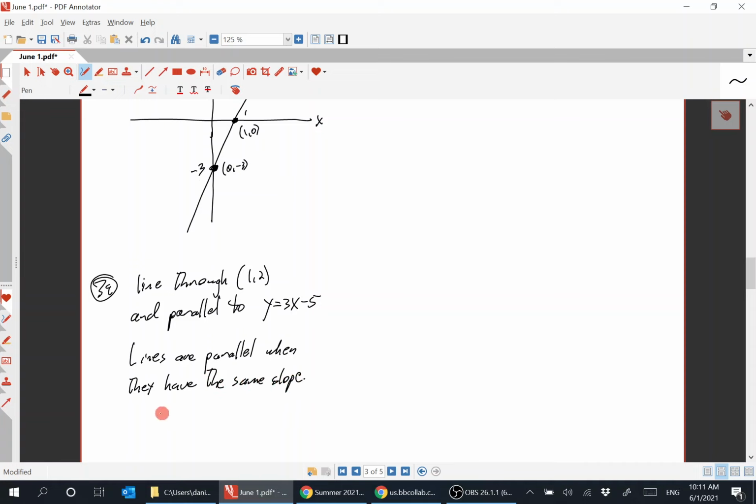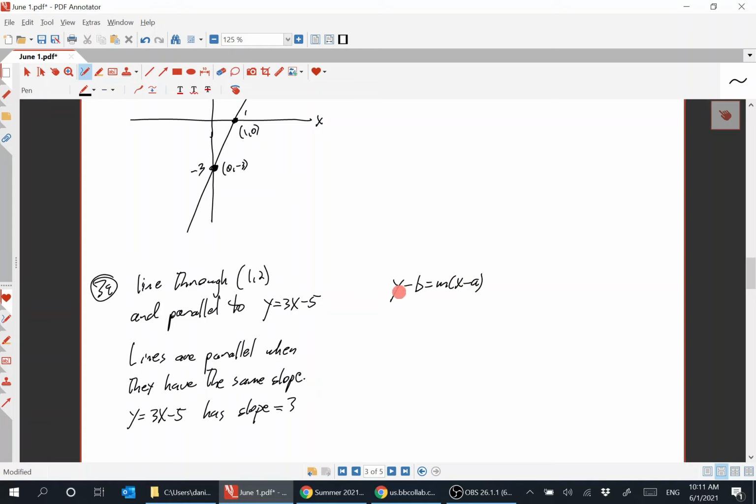This line has slope equal to what? Well, that's the slope-intercept form. When it's solved for y, y is equal to mx plus b. So what's the slope in this case? 3. Right, so the equation of the line here